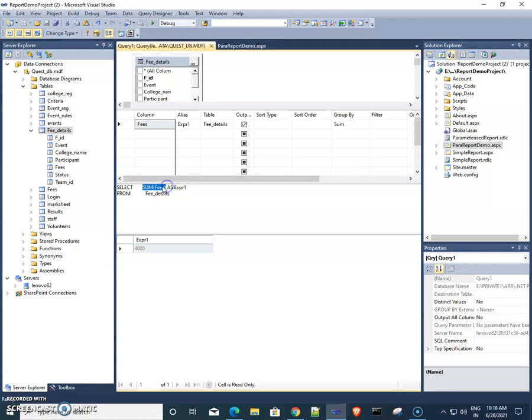Then we can calculate the number of participants for each event. For that we fire the query with count, and there is participant count.